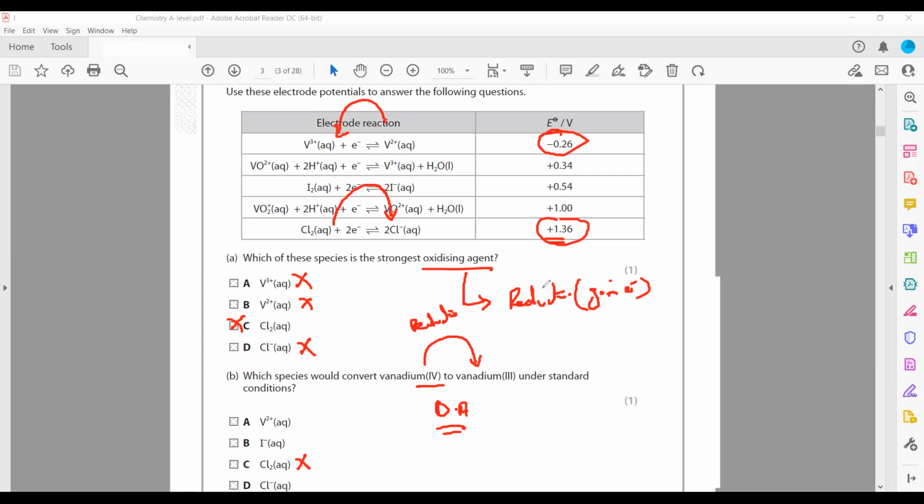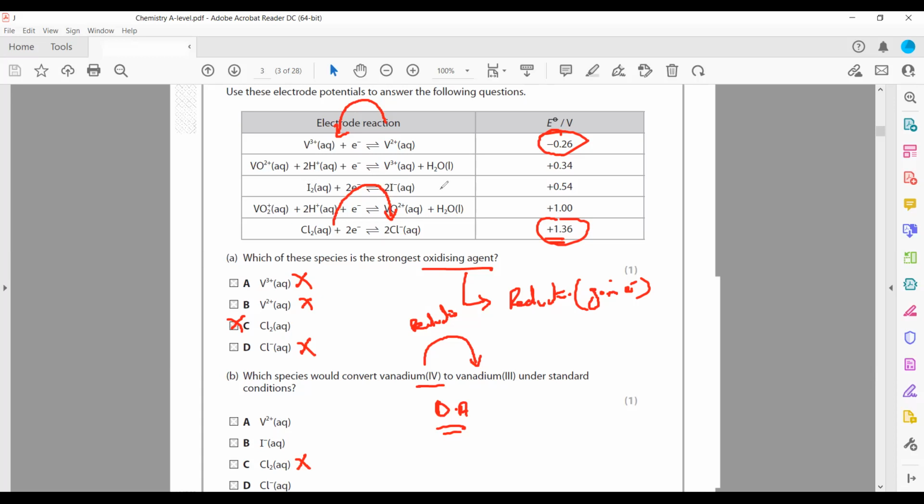Under standard conditions, electrode potential, like in the question, the chlorine is there, but under standard conditions we want to convert this. Chlorine is a strong oxidizing agent. So if we use chlorine, it will reduce this vanadium to a further lower oxidation number. So when we check the options,